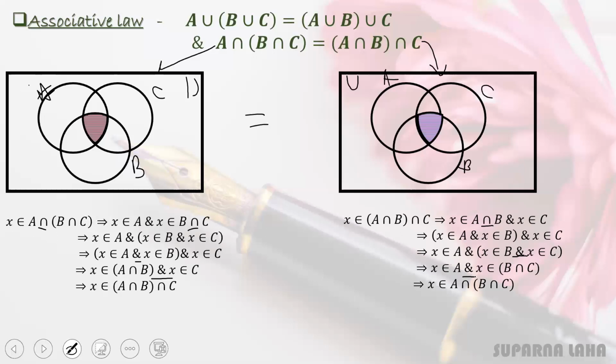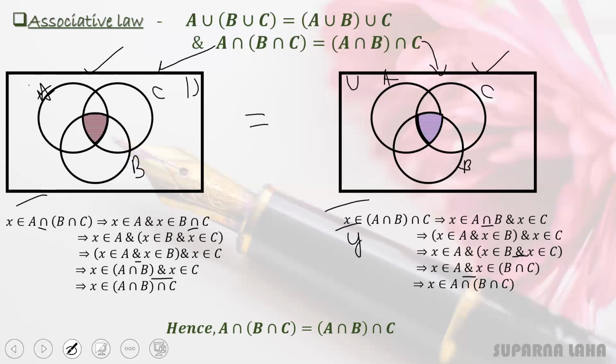Now since X is a variable, in both cases I am taking X. If you find any difficulty, you can replace this X by Y also, as you wish. You can take any variable. So since we proved both cases, hence we can say that RHS is equal to LHS. Clear? So we proved it by the diagram and also by the mathematical expression.